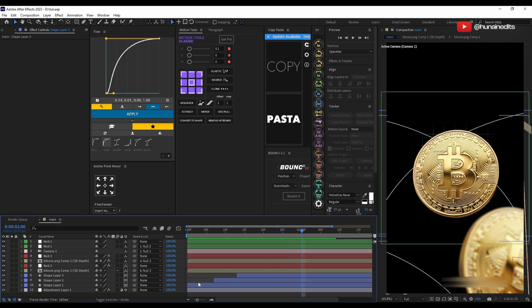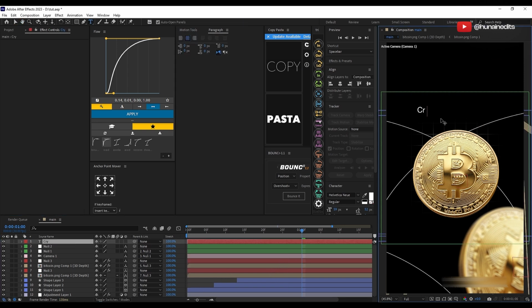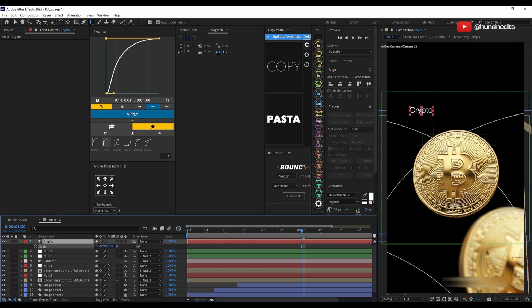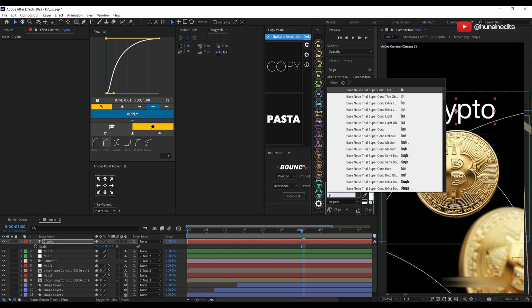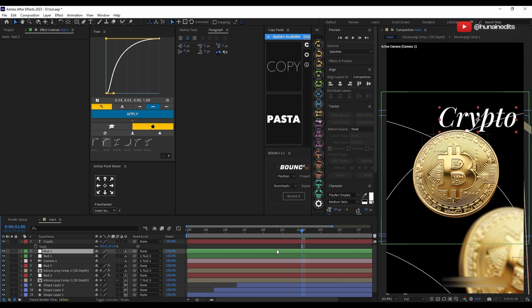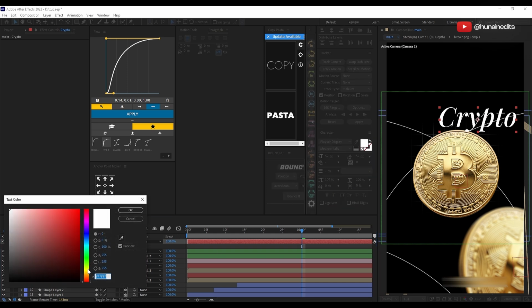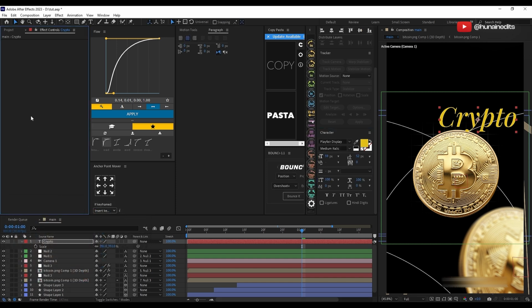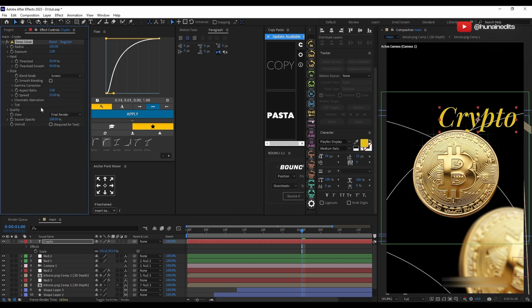So now we're going to add text. I'm going to write crypto, and I'm going to use a font called Playfair Medium Metallica, this one. I'm going to use this font right here. I'm going to change its color to a little bit yellowish, not full yellowish, but a little golden type, like this. And I'm going to add a little deep glow like this,